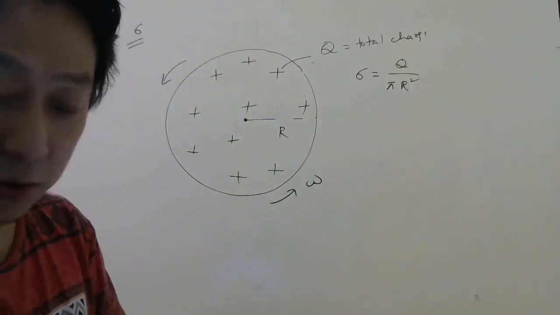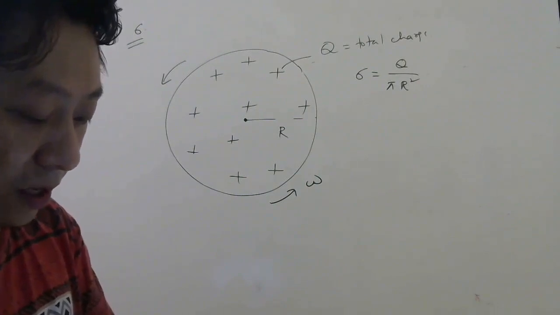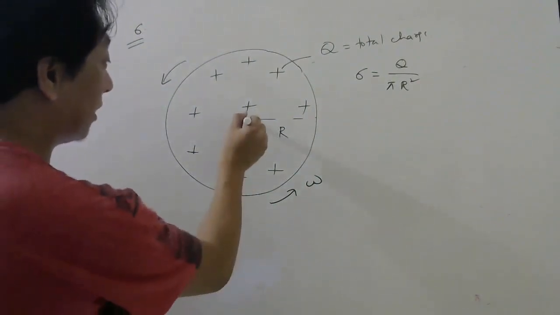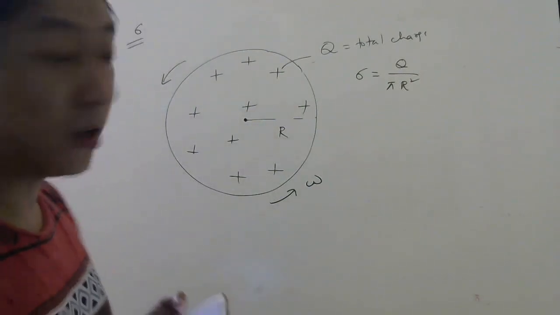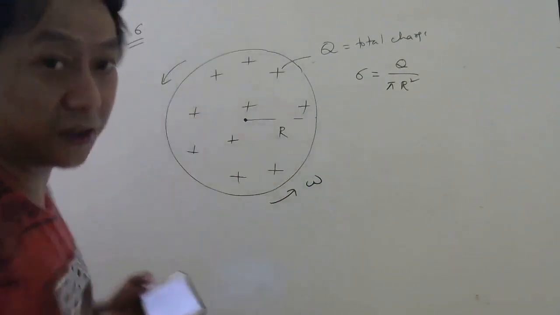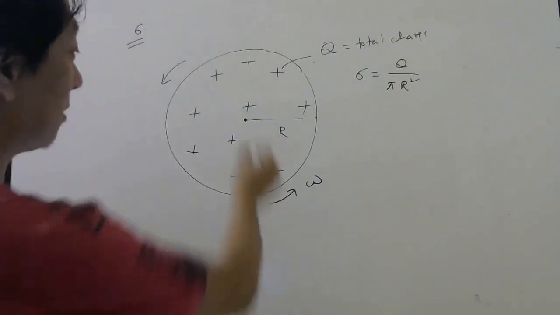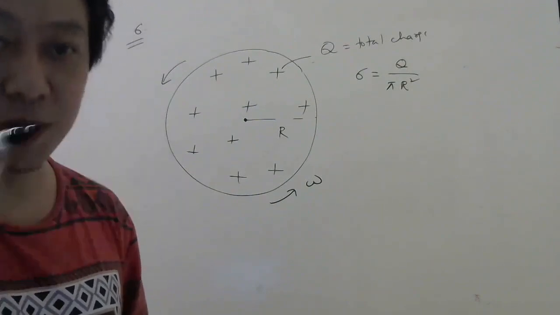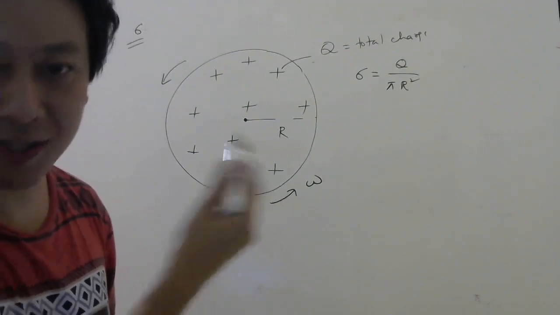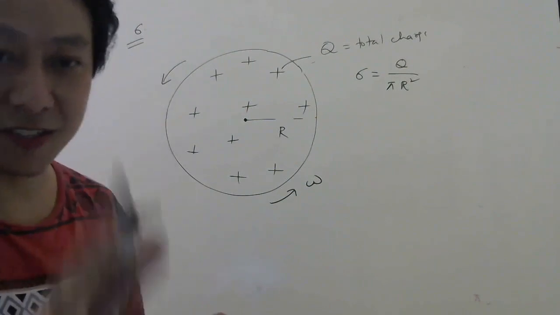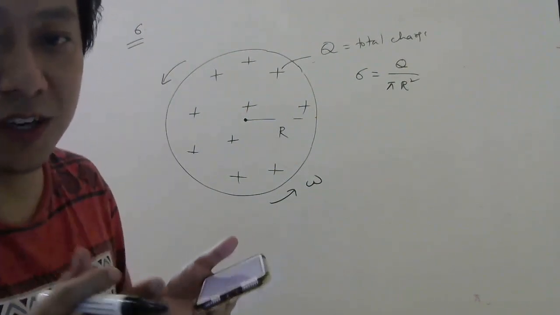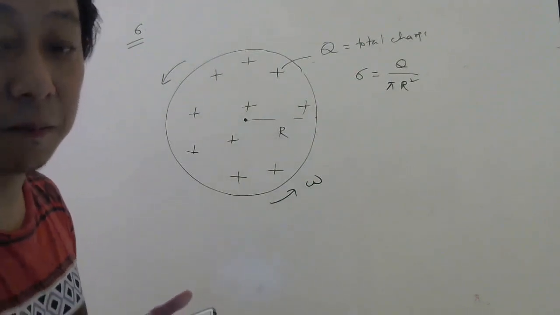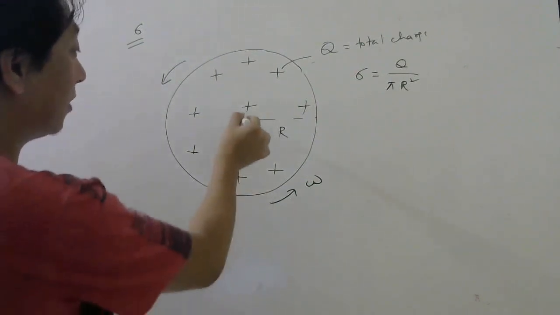As a result of this rotation, a magnetic field of induction B is obtained at the center of the disk. So there will be some magnetic field here. Now you may be thinking why? Alright, once it starts moving, there will be current. So that current will produce some magnetic field here. It is similar to a single electron moving in a circle. That also produces a magnetic field at the center. So this is obviously a disk which has charge. If it was not rotating, then there will be no magnetic field, because if it is not rotating, there won't be any current. But once it rotates, there will be a magnetic field at the center.